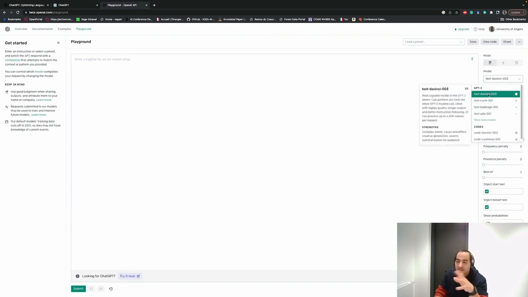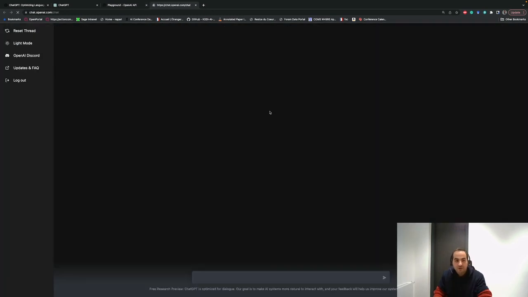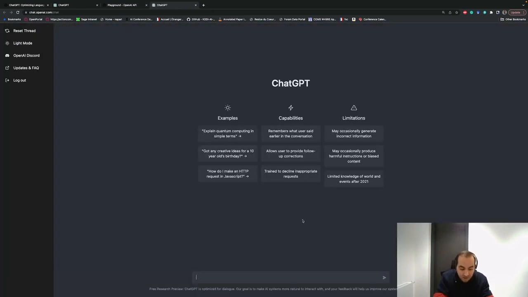This one is the best one, released a couple of weeks ago, almost two weeks ago. But you can change it to others, and you will see an explanation on that. Also you can see here an option to change the length of the response. By default it is 256, but you can go, for example, to 2000 something, and you can try it now. Okay, for example, now I ask,